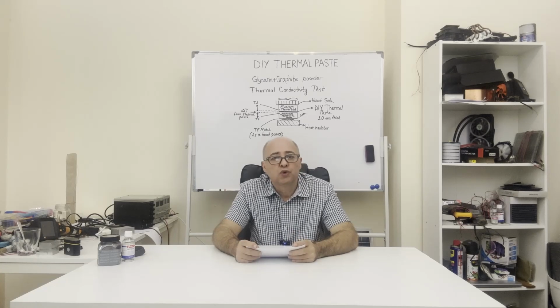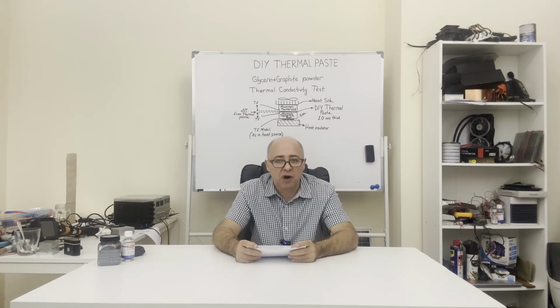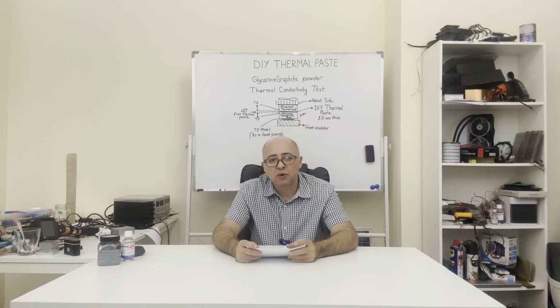We will use two materials to make thermal paste. The first material is graphite powder. The second material is glycerin. As for graphite powder, I recommend the ones used for painting, ultrafine graphite powder with a grain size of less than 50 micrometers. You can also easily obtain pure glycerin from pharmacies. The graphite powder and glycerin I use are not toxic substances.